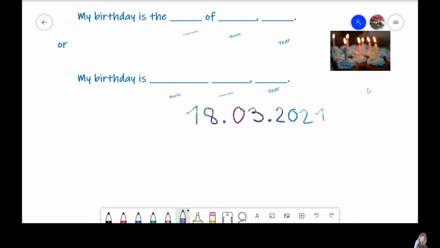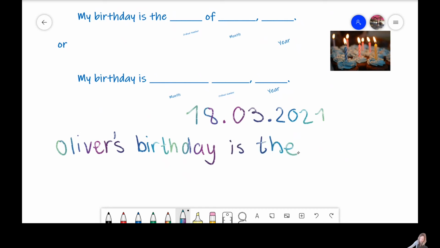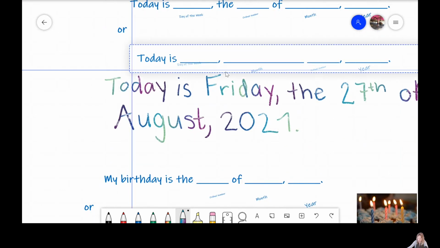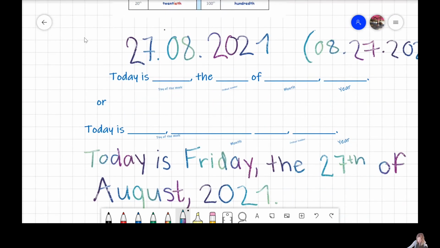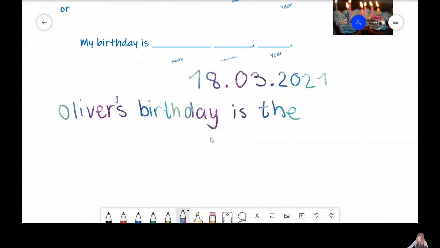Okay, so I'm going to write Oliver's name. If you're talking about your birthday, you write my. Oliver's birthday is we're using the first version up here for this example. Now, first we need the ordinal number. 18 is the cardinal number, but let's check back up at our chart. 18th. Oliver's birthday is the 18th